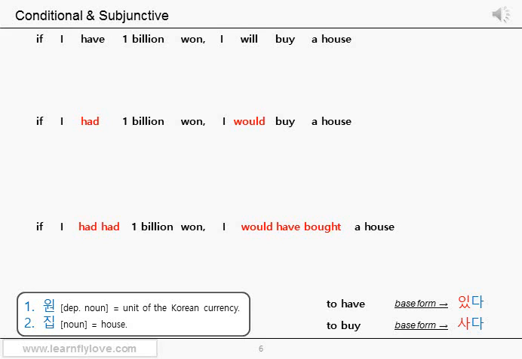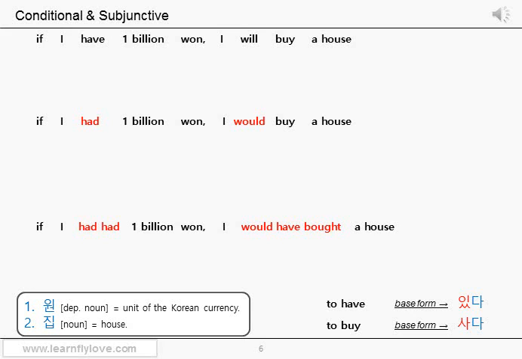Before we do that, I'd like to point out two things. First, in Korean, when you make a conditional sentence, you don't really have to worry if there is a real possibility or not. Second, in Korean, it is more important to know which tense the sentence indicates. Okay? We are doing this not because it is important for you to translate the English sentence into Korean, but because it is important for you to exactly understand how Korean works by knowing the difference. Yes, there will be a small difference between Korean and English.